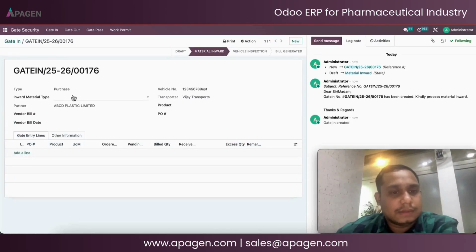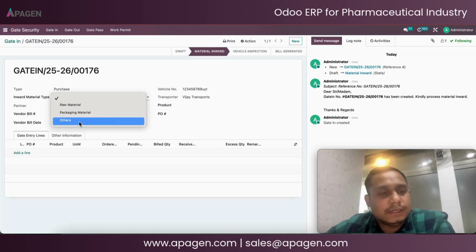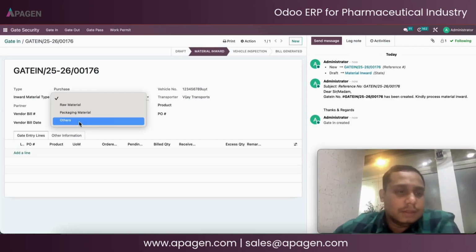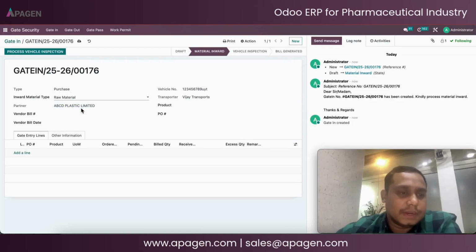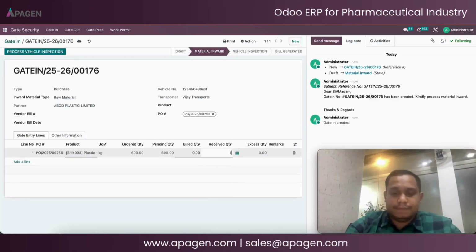At this stage there is another option, material inward. The options are raw material, packaging material, and other. You can configure these options according to your needs. I'm going to select raw material. These options are highly configurable, and then you can select the PO. The details are automatically fetched from the PO that I've selected. Now I'm going to add the received quantity and the billed quantities,